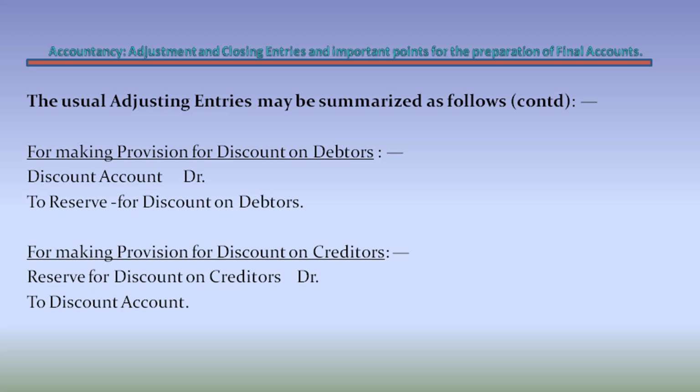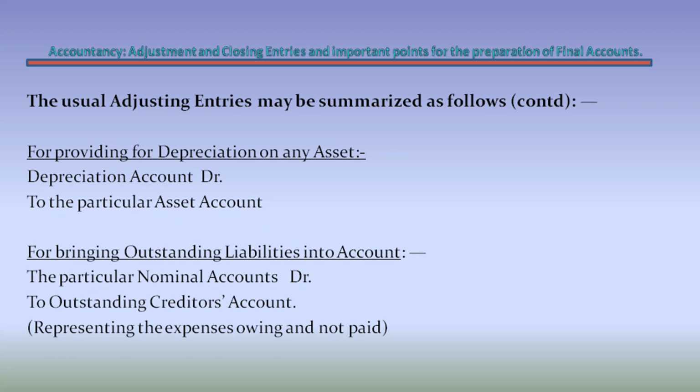For making provision for discount on creditors, reserve for discount on creditors account debtor to discount account. For providing for depreciation on any asset, depreciation account debtor to the particular asset account. For bringing outstanding liabilities into account, the particular nominal accounts debtor to outstanding creditors account, representing the expenses owing and